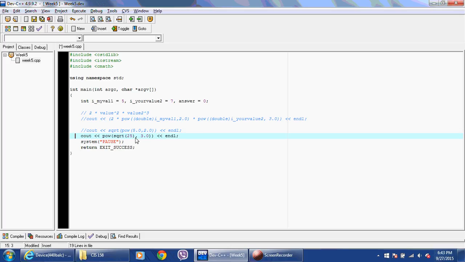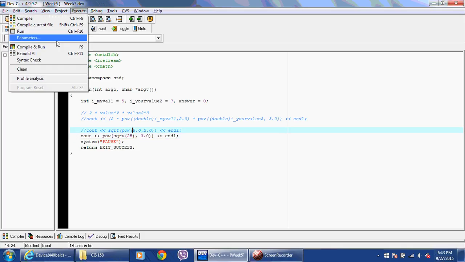Right? So what's happening here is it's going to evaluate this first. So the square root of 25 is 5. 5 to the third power is going to be 125. So if I execute that,